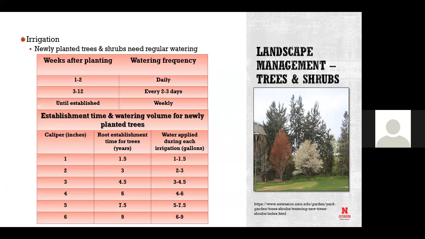So one of the other management things that we always talk about is buy small. It's less expensive, easier to manage at the beginning. You're usually going to get a better establishment, earlier establishment. That 6-inch caliper tree is going to sit there for 9 to 10 years and do absolutely nothing. It won't grow. It's just continually establishing its roots. That's all it's doing. So it's just going to kind of sit there.